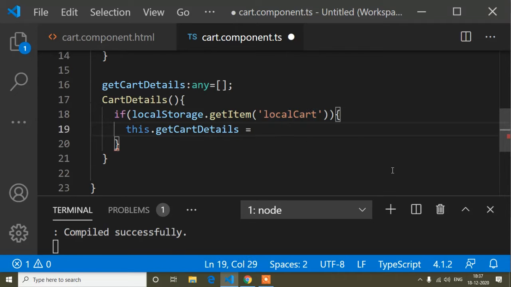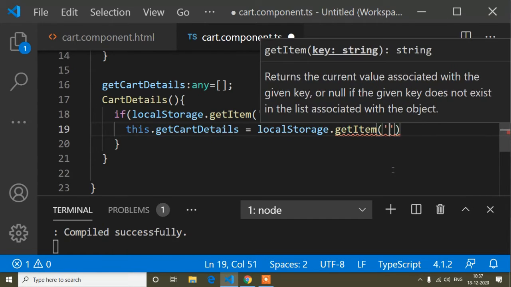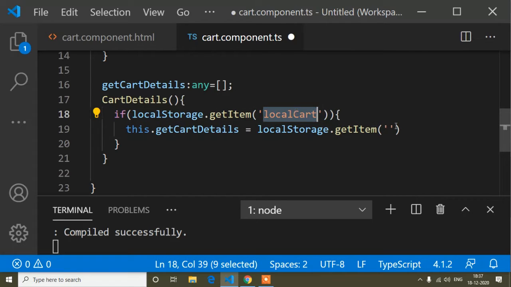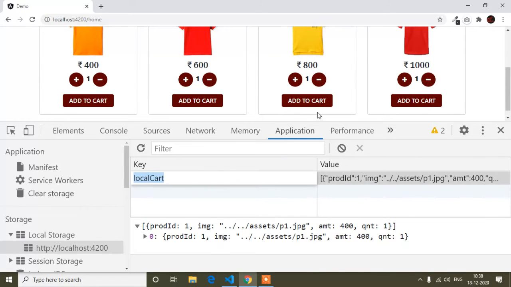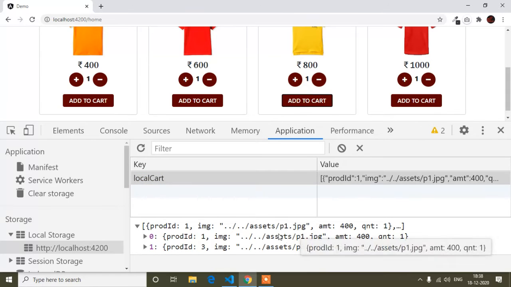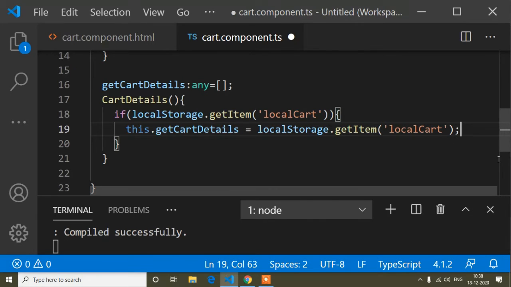So here I will write localStorage.getItem, and which one, this key, because in this local cart key I'm storing all the values of the products. How many products I add, it's stored in this local cart key. You can see here I have now added 2 products, so it's showing 2 products in this local cart key. If I get the key once, I will get all the values of these products, and I have already explained this. So now I'm getting all the values.